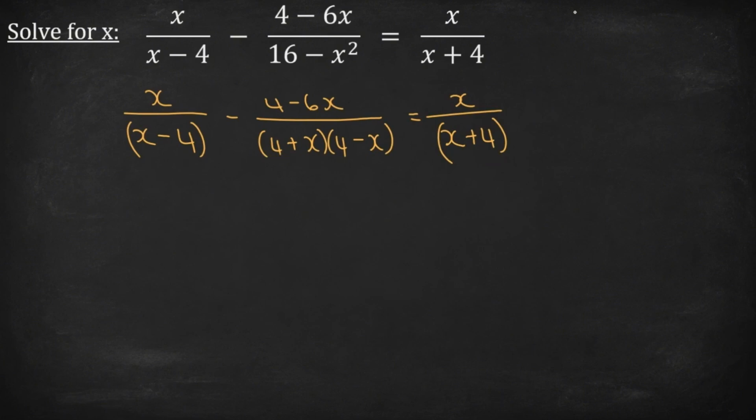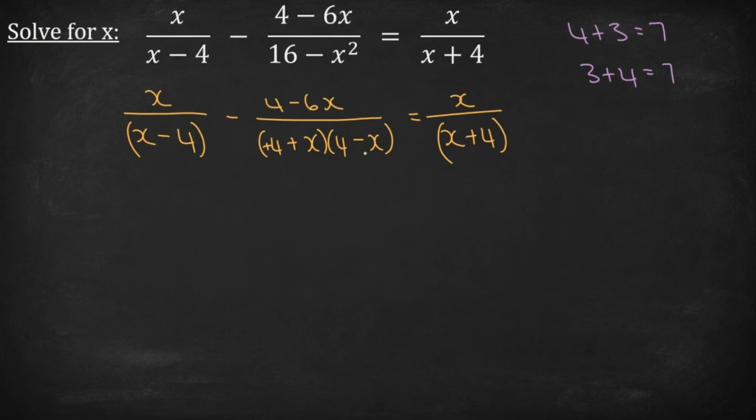Think of it like this. If I have 4 plus 3, that equals 7. And if I have 3 plus 4, that is also equal to 7. And because both these terms are positive, like we have over here, I can swap the positions of these two terms inside the bracket. Okay, so our next step is going to be to rewrite everything,